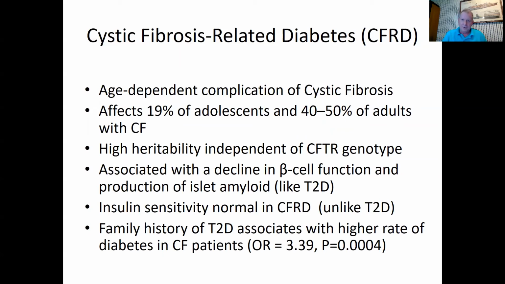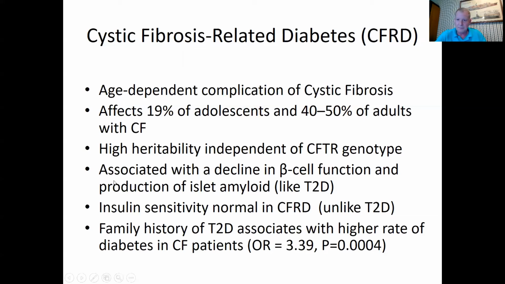And some biology or background information on CF-related diabetes. It's associated with a decline in beta cell function, these are cells that make insulin, and also there's accumulation of amyloid in the islet cells of the endocrine pancreas. Insulin sensitivity is normal, which is unlike type 2 diabetes, but similar to type 2 diabetes, there's a family history that overlaps. So if there's a family history of type 2 diabetes in the family, then your rate of getting diabetes at an earlier age is increased in those that have CF,